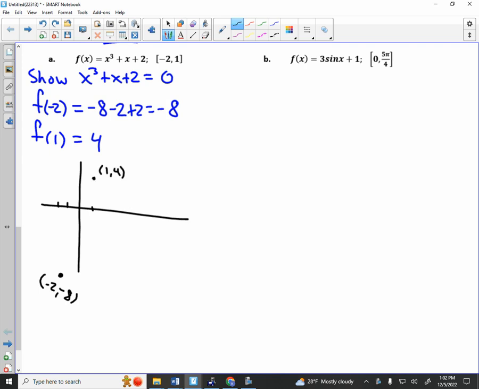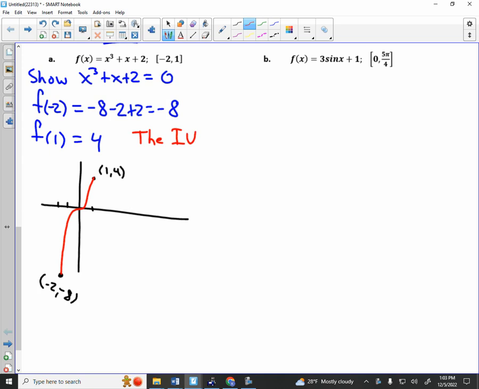Everybody see that? So if I want to go from this spot to that spot, do you have to cross the x-axis? Yeah, you have to. The intermediate value theorem says so. It says you had a negative value and you had a positive value, so you're going to have to cross over 0 somewhere in between. That makes sense, doesn't it? So all you have to do is show you have a negative and positive and say the